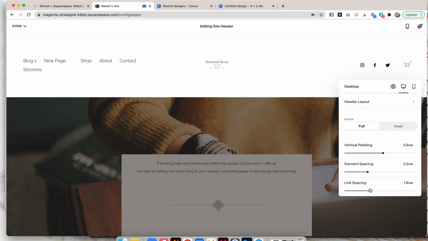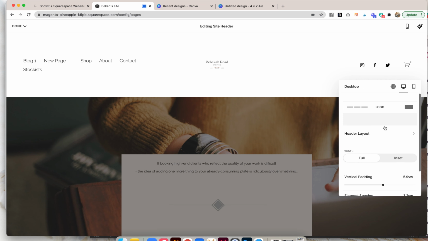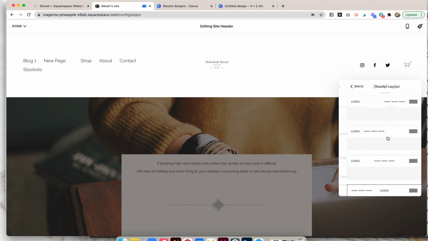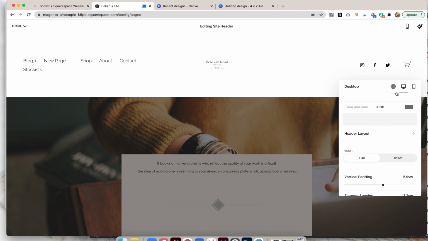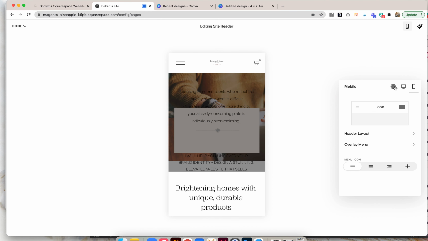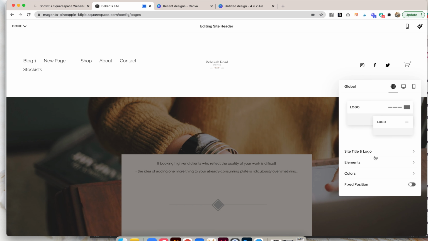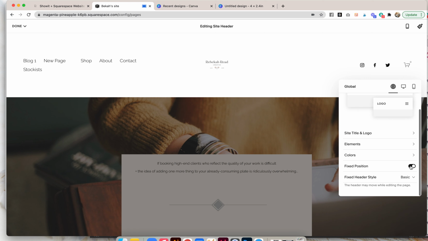I think those links need more spacing. I'm not going to have that many links anyway. I'm not going to do mobile right now because that would just be a whole thing.